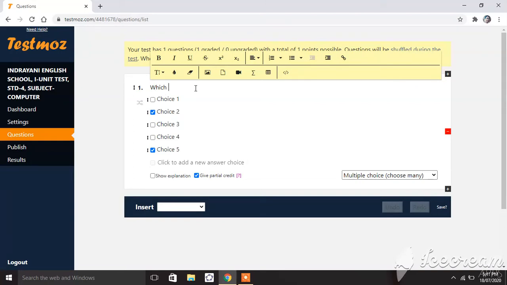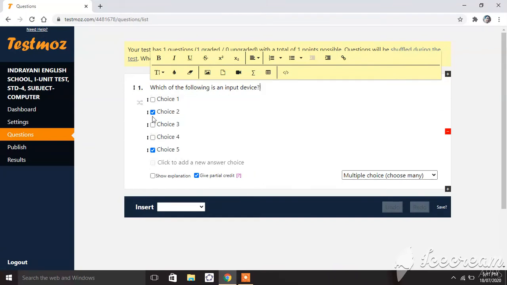Which of the following is an input device?